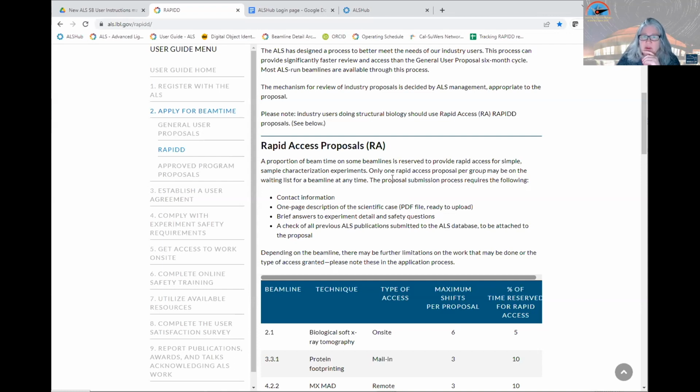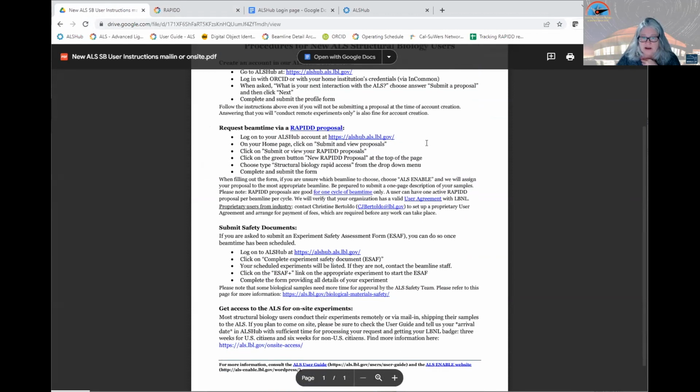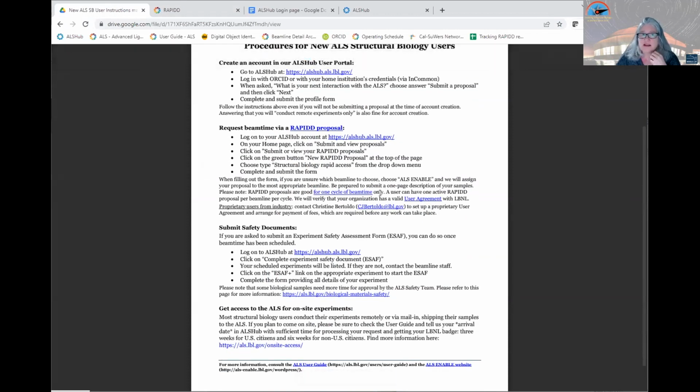your proposal. For general user proposals and rapid proposals, if you're not sure which beamline you want to apply to, select beamline ALS-ENABLE, and the ALS-ENABLE beamline scientists here will assign your proposal to the appropriate beamline. You can also request collaborative crystallography that Banu talked about. Okay, so your allocated beam time, we will check and make sure that we have a user agreement with your